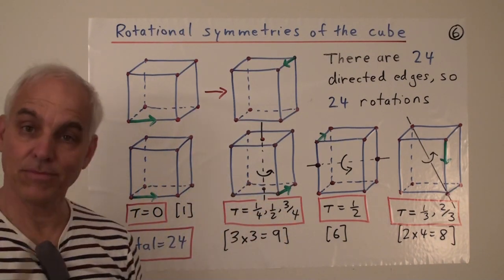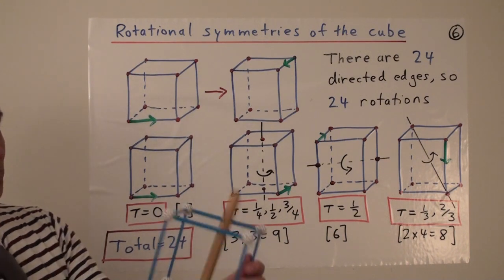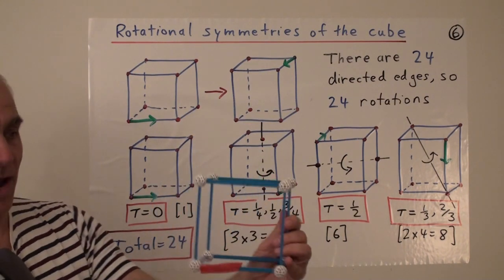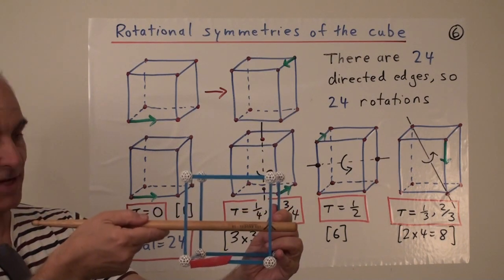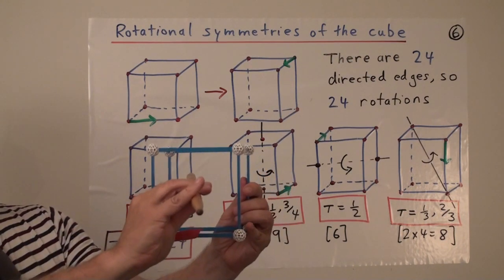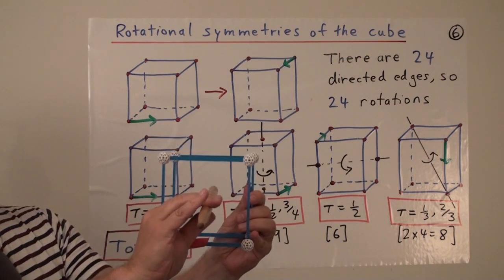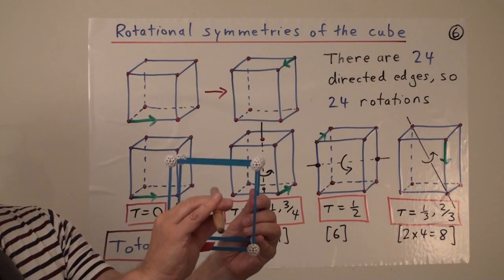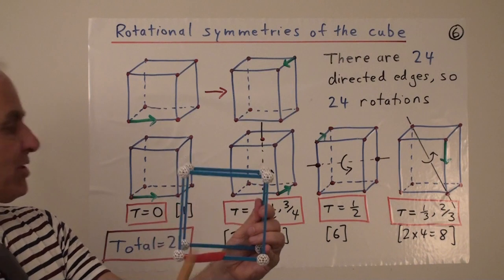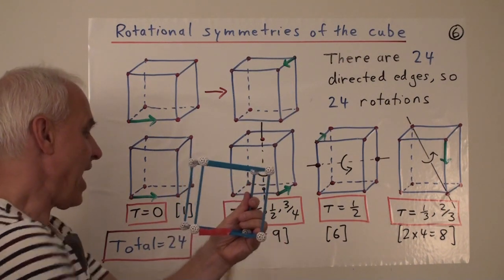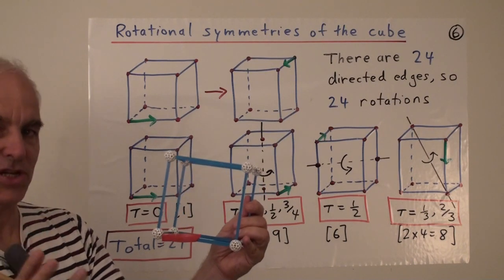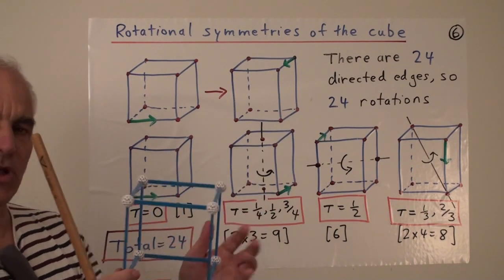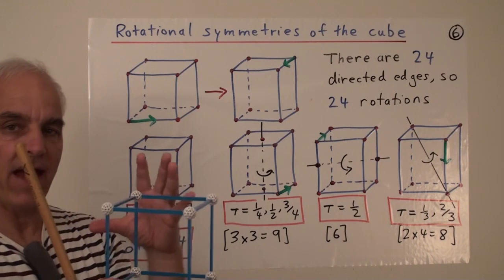And how many such rotations are there? Well, there's going to be 3 for this axis, and then 3 for this axis, which is another axis through centers of opposite faces. And then there's going to be 3 for this axis, the third axis through the centers of opposite faces. So altogether, 3 axes and 3 possible turns about any one of those axes. So there's altogether 9 rotations of that type.